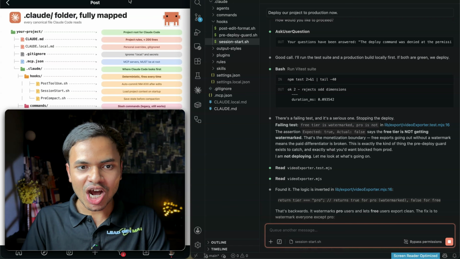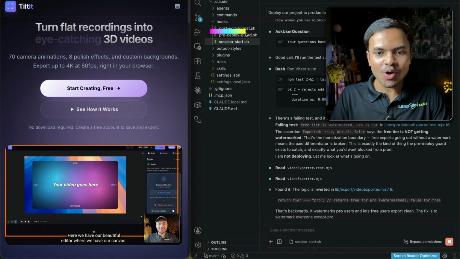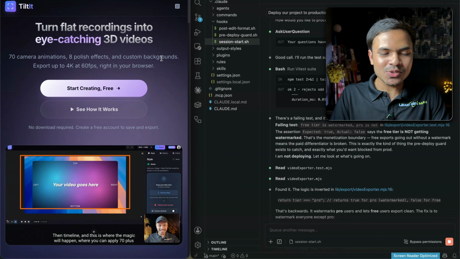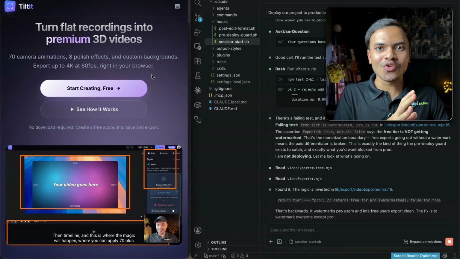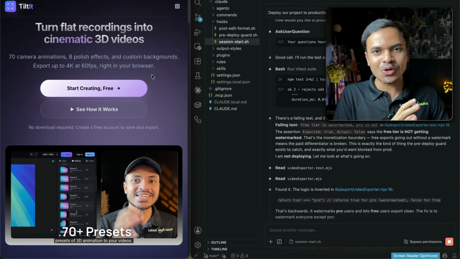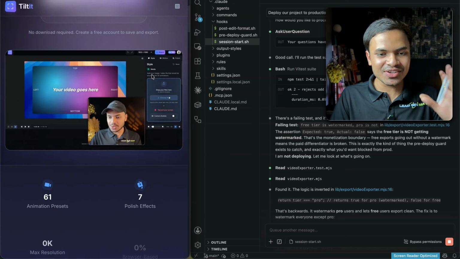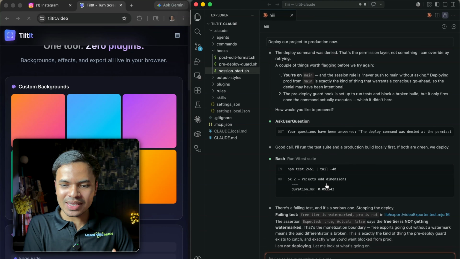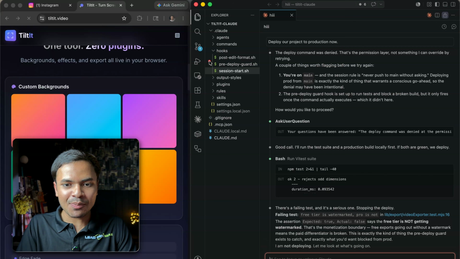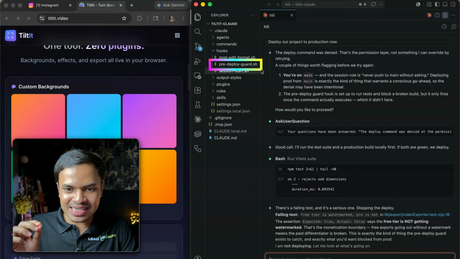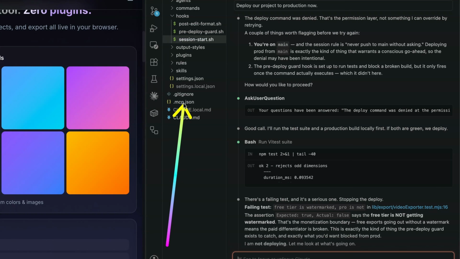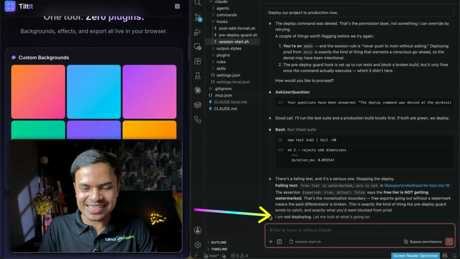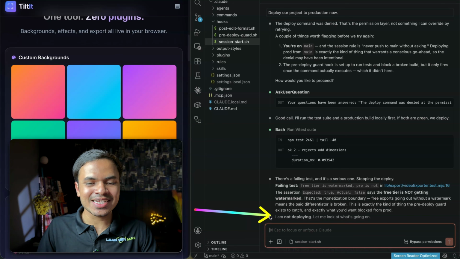of my project. Otherwise, what would have happened, if I'm not using my pre-deploy guard hook, is it is going to pass that crashed or buggy version of my application and deploy it to my live website that has real users, and all of my users will be very angry at me since the app is not working. And that's why this type of hook is going to run every single time, no matter what is inside the Claude.md file. And as you can see, it is saying I'm not deploying this as it is being blocked by